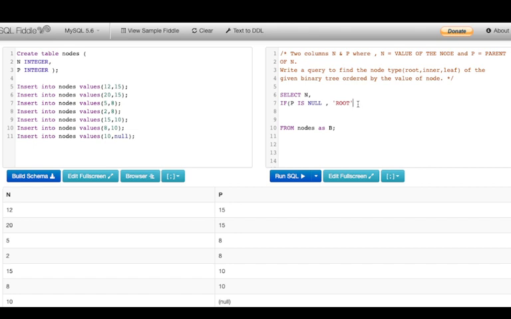Okay, so our first part is solved, that we got the root part. Now we need to identify inner and leaf nodes. So what we are going to do is we'll write another if clause within this, which will say select, here we are going to use the count function, and I am going to use count star actually, so that all the values are included, from select count from